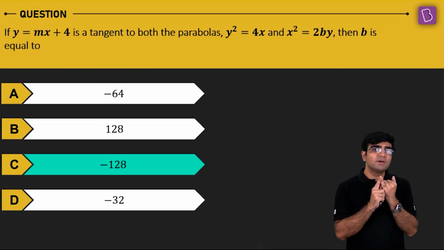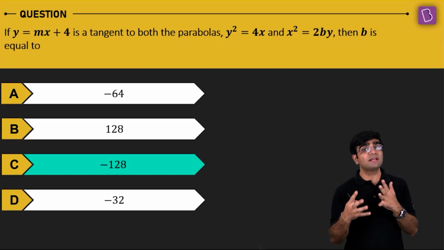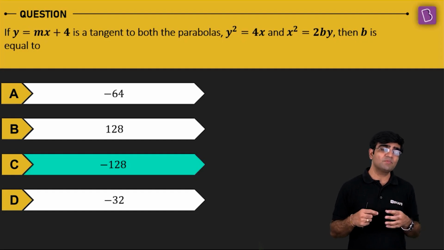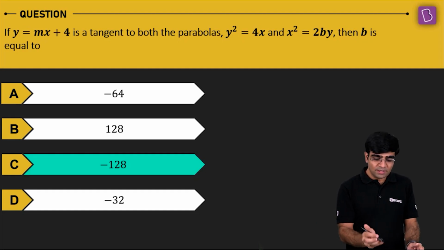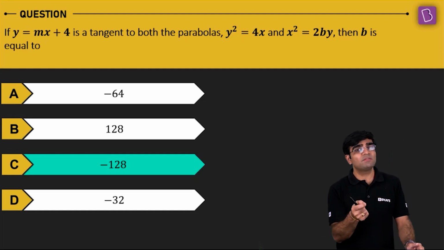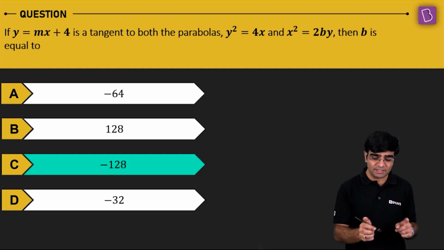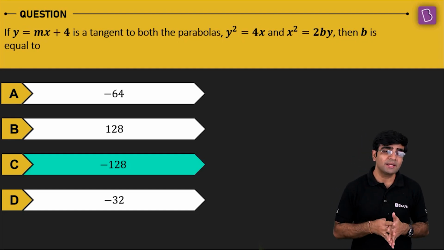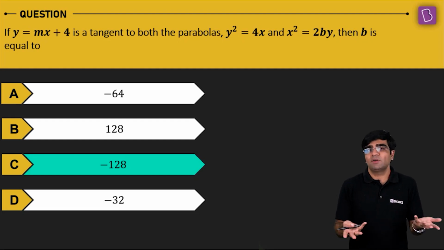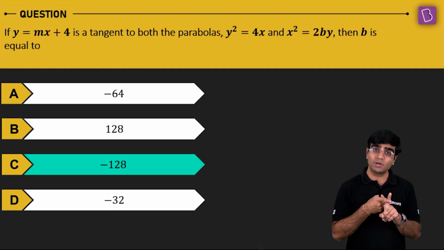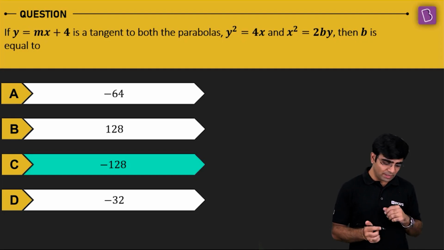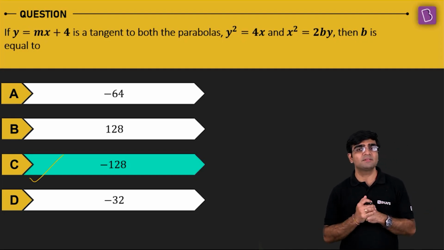So what was the idea? We first took the standard equation and then compared it with the standard equation for the parabola y square equal to 4ax. From there, we eventually found the value of m, which turns out to be 1 by 4. When I plugged the value of m into the equation given in the question, y equal to mx plus 4, with m equal to 1 by 4, we got y equal to x by 4 plus 4. So now I have the equation of the tangent and the second parabola x square equal to 2by. Then we solved their equations simultaneously. We generated a quadratic. If it has to be a tangent, D equal to 0, and we got the values of b. Sorted? The value b equal to 0 got rejected because that will not give me a parabola. Hence, b equal to minus 128 has been accepted. So hence, option C is the correct answer.